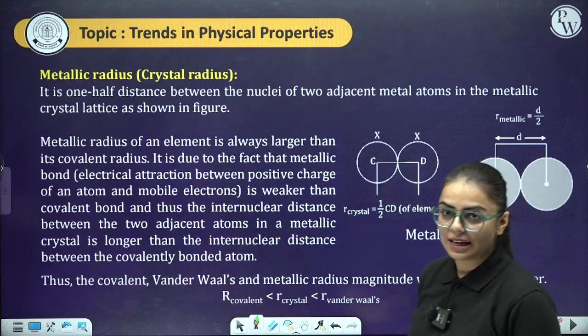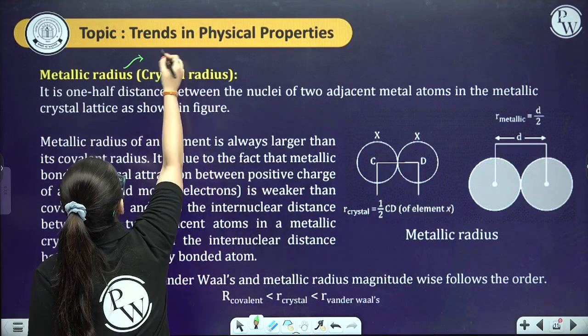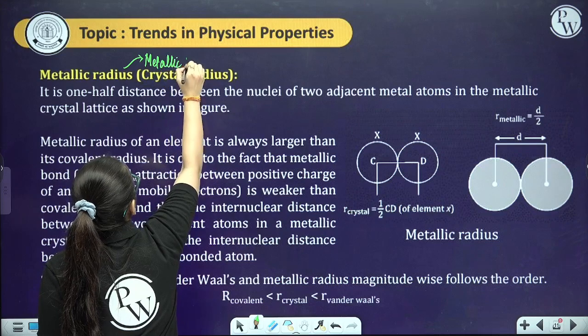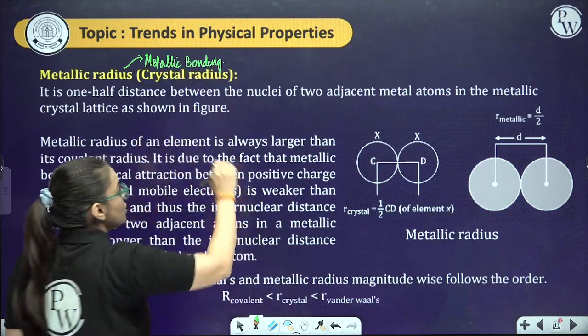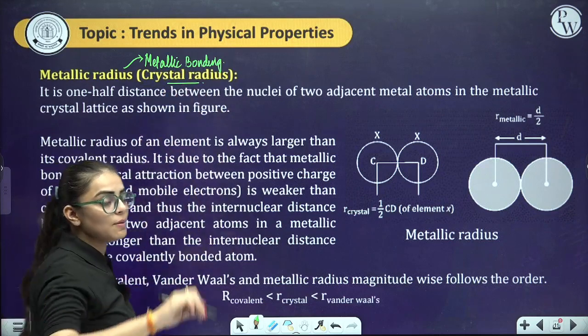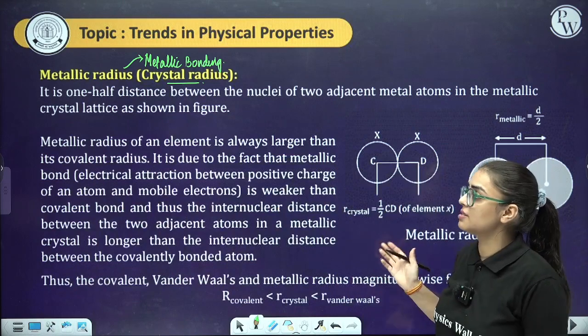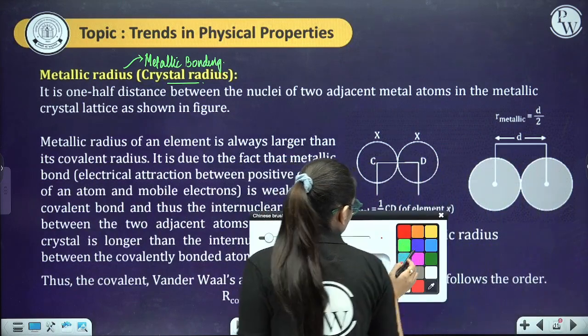Then comes your metallic radii. Let me tell you about metallic radii. In metallic radii, we see the case of solids, and here metallic bonding takes place. It is also referred to as crystal radius, because it is seen in the case of solids. In the solid state chapter also you will be understanding about metallic bonding. So always remember, metallic bonding occurs between